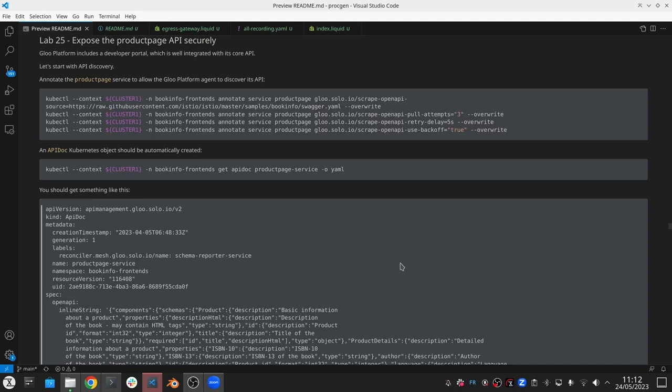This platform actually comes with an amazing developer portal. And in this video, we're actually going to start by exposing the application's API securely. We have this product page service running, and we are going to annotate the service of the product page to